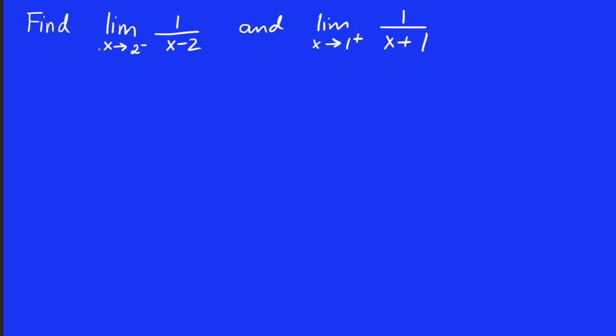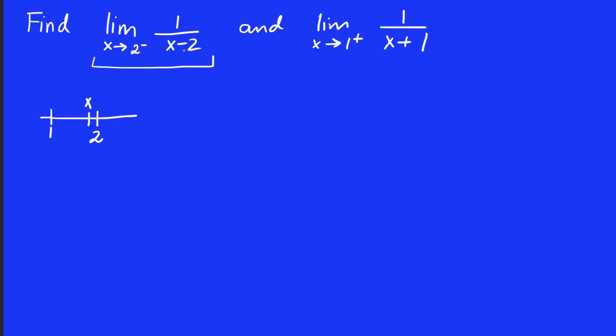Let's take a look at these two limits here. The first one, when we have x approaching 2 from the left, that means x is very close to 2, but to the left of 2, right? A number that x could be maybe would be 1.99 or 1.9999, etc. If I take a number like that and I subtract 2, I'm going to get a small negative